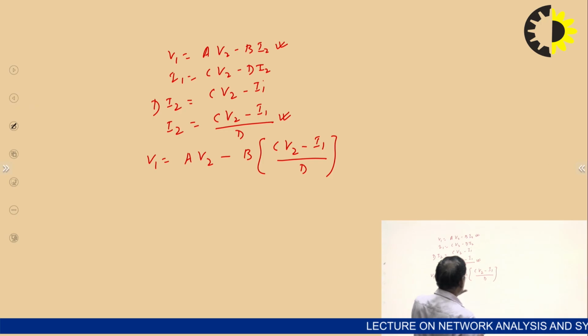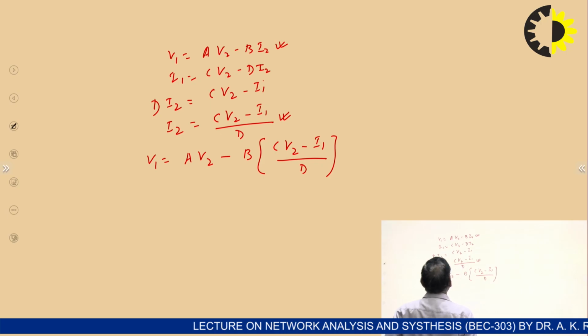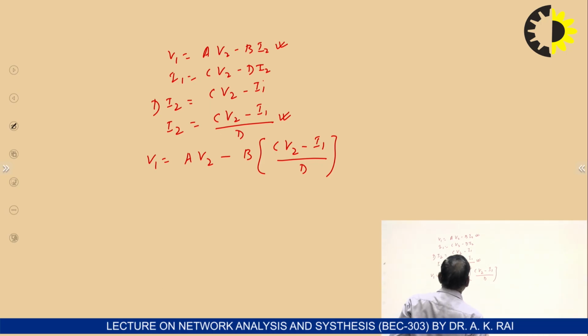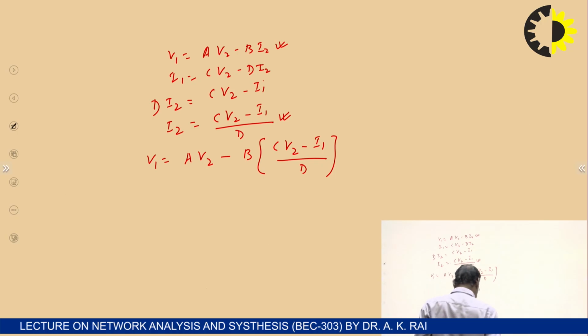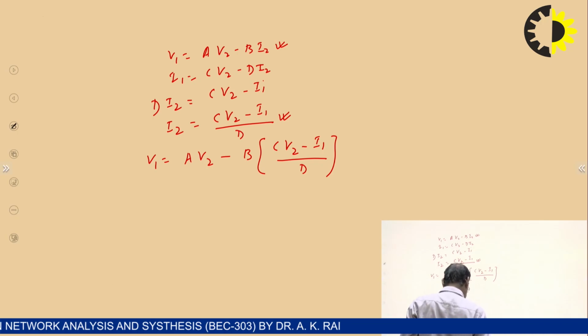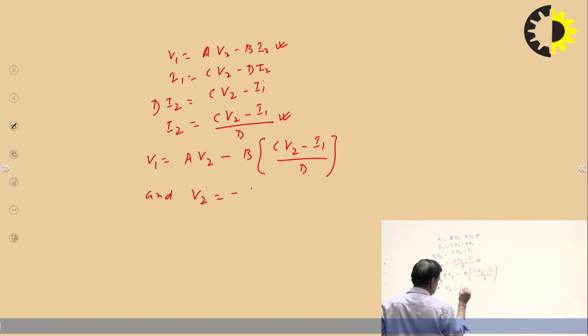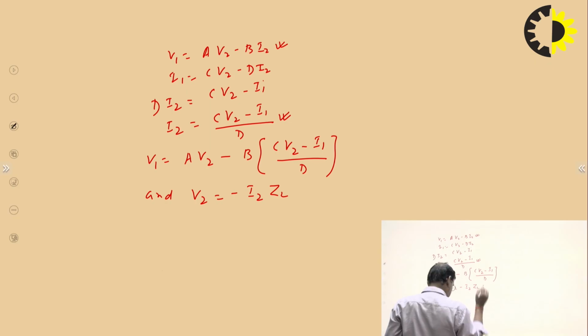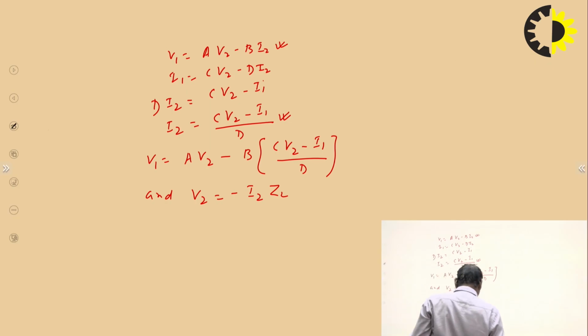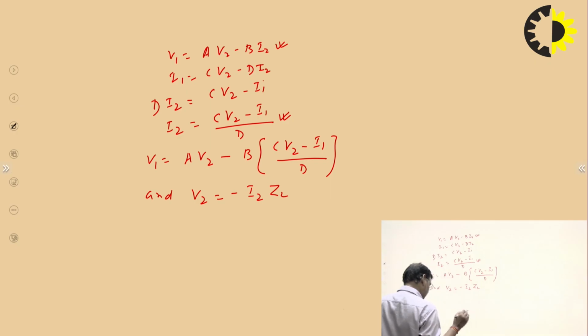I1 is not here, so you have to replace I1 also. So from here we will get this. V1 is this, and V2 is minus I2 ZL. Okay, so V2 is A V2 minus